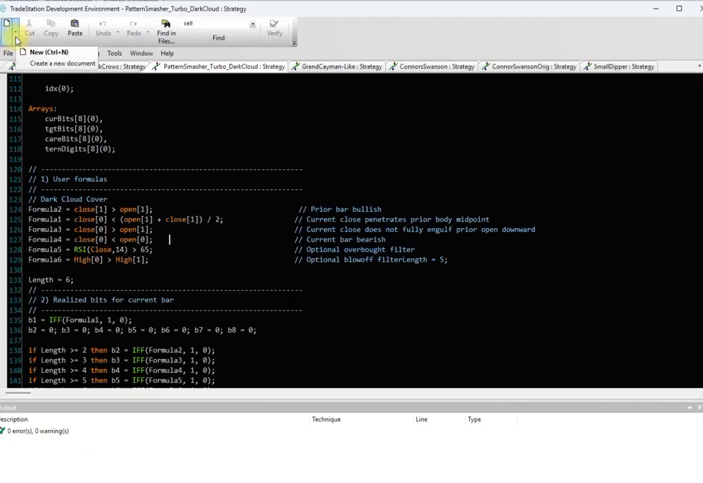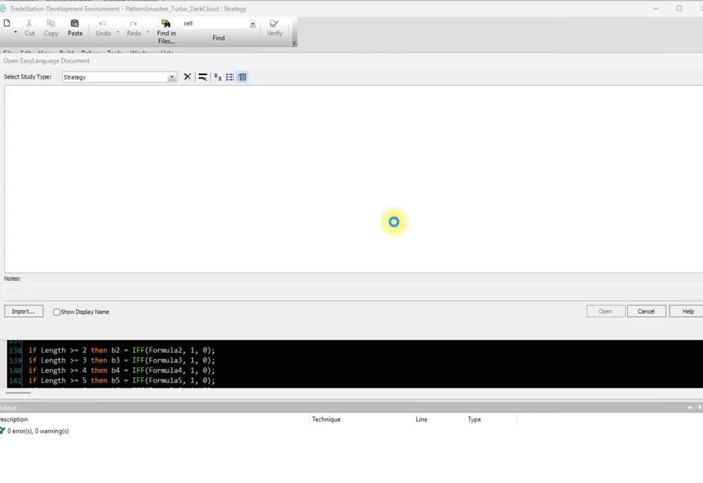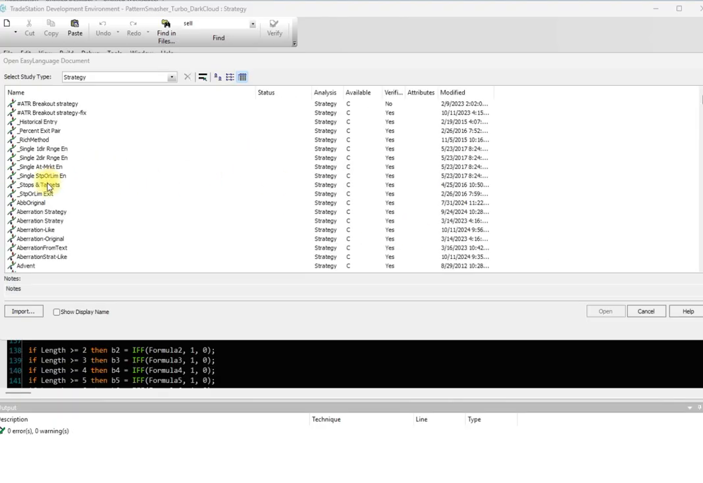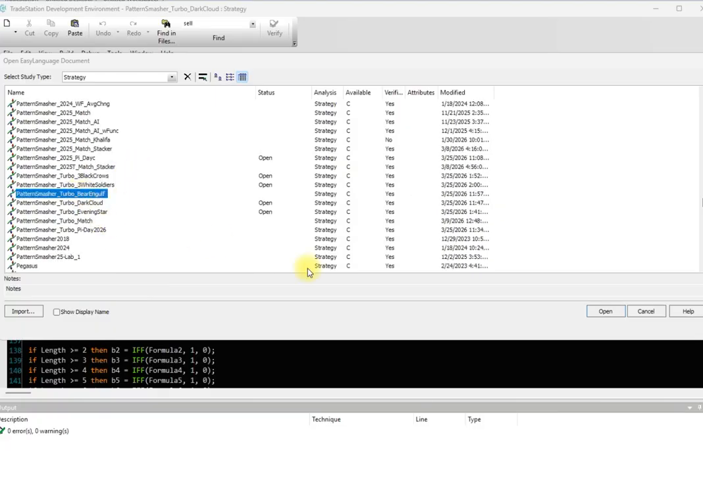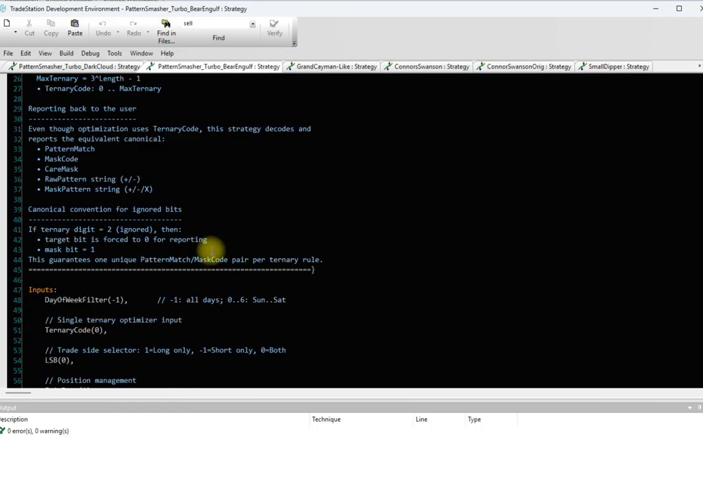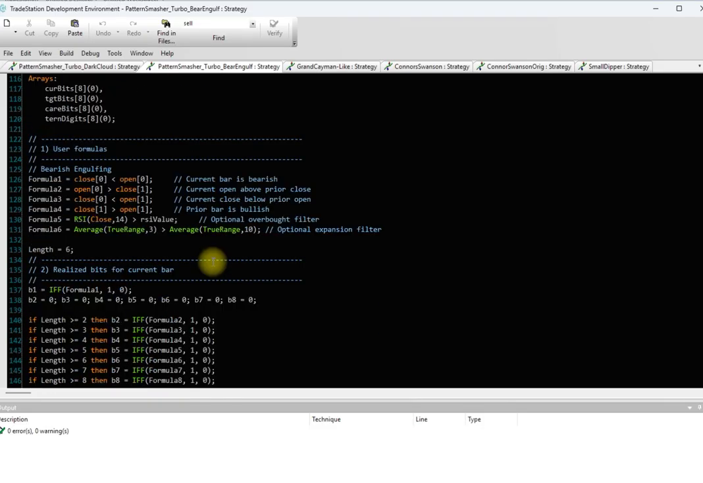Let's go here real quick. Start with this because I don't know if I have that open. File open. Pattern Smasher. Bear engulf. Open. Basically, Formula 5 was an RSI reading, and Formula 6 was a range expansion filter. So AI created all these different formulas, and you can go up to 8 formulas. You can add filters. You can add more criteria to your base